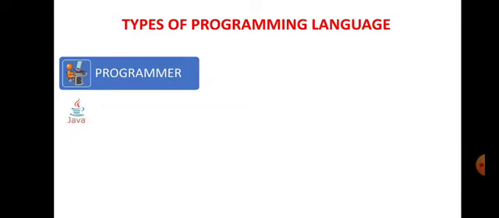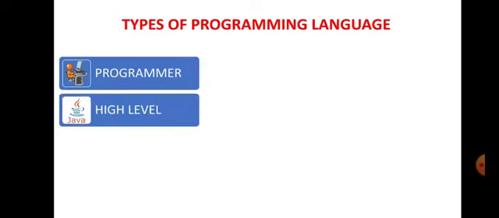Now Java, what is Java? Whether it is a high level language or a low level language, we will see now. Java is a high level language. What do you mean by high level language, children? A language which is more user friendly and closer to human language. That is, this language is easily understood by humans because it is written in the English language. So the code which is easily understood or read by a common man is called the high level language.